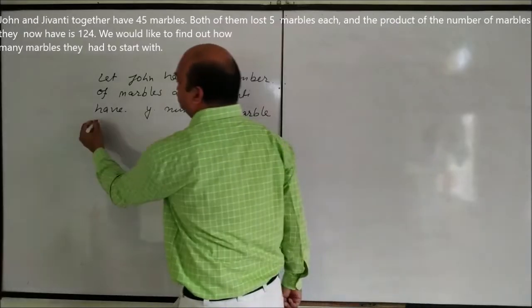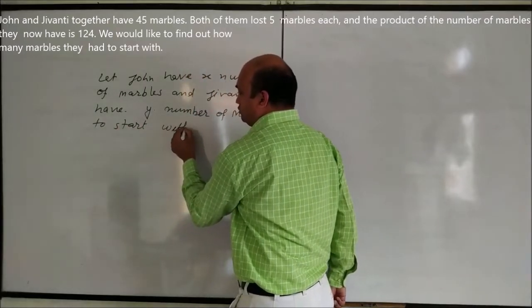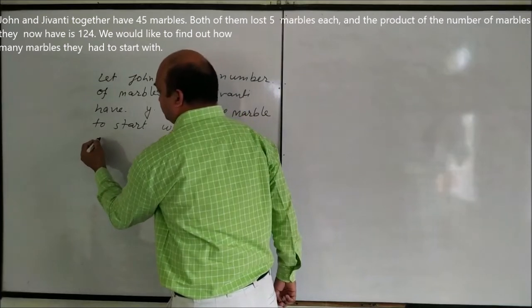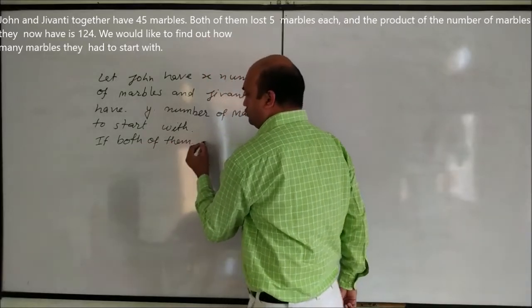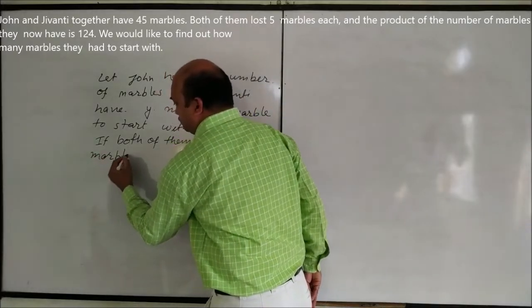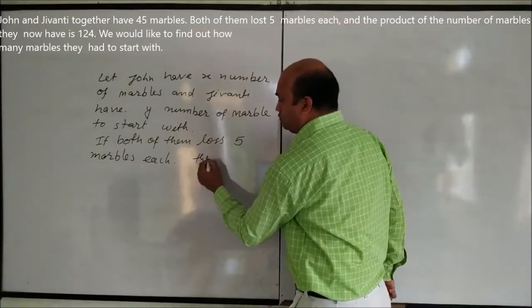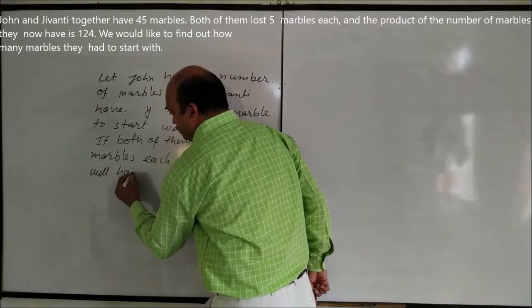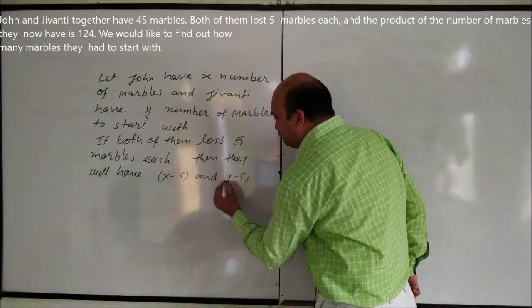To start with, if both of them lost 5 marbles each, then they will have X minus 5 and Y minus 5